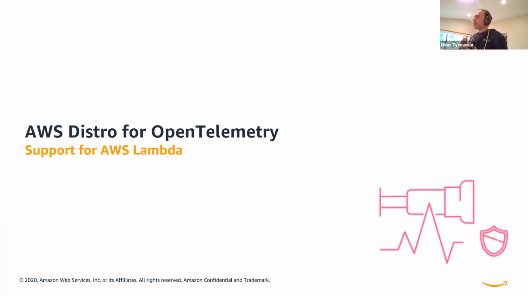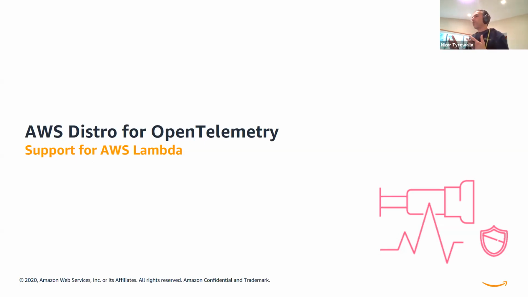So customers we know are running applications in different compute containers: EKS, ECS, on-prem, EC2, as well as Lambda. And each environment is a little bit different, and it works differently in terms of its architecture and communication patterns. And Lambda is also different. So we want to focus this conversation on Lambda, and what we have done specifically to make OpenTelemetry integrate very well with Lambda,